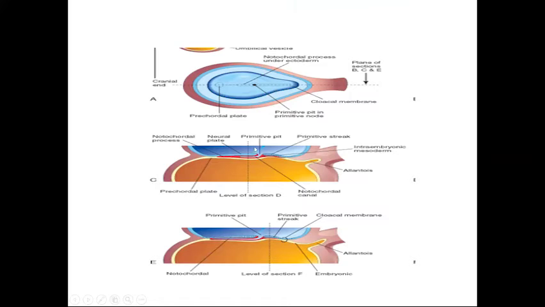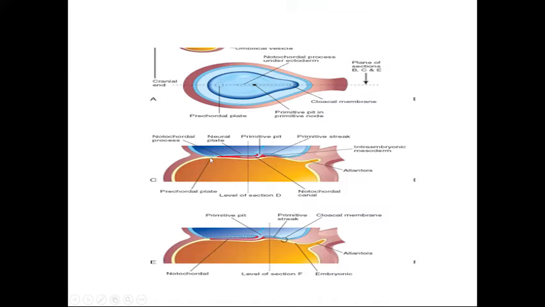See in this picture again, this is the entry of the notochordal process under the ectoderm. If you see this from the pit, these cells are invaginating. First, it is going to be solid, and the solid part is called the notochordal process. Then in the center, it acquires a lumen. That part is going to be called the notochordal canal, and it's going to reach the part where ectoderm and